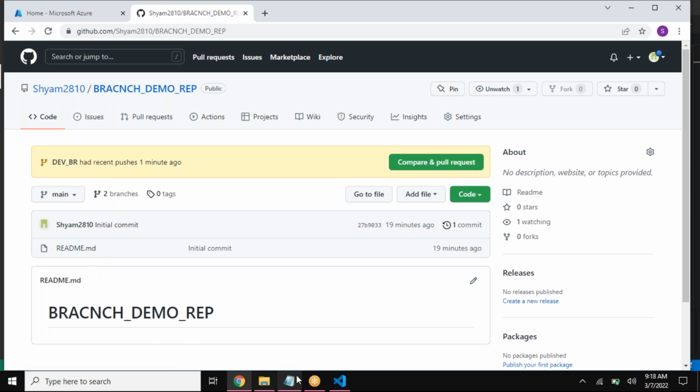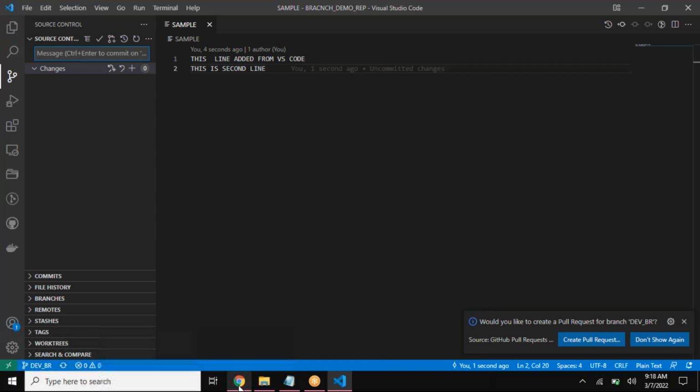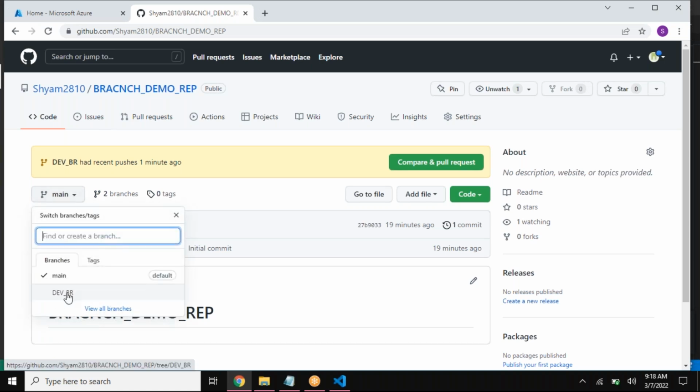Now what I want to do is push my code from my dev branch to my QA branch. So this is like local to dev, that's okay. But within your repository level, now I want to go from my dev to QA branch. So how can I create my QA branch in here? See here, if you want to create anything, find or create a branch. So I am trying to write something like